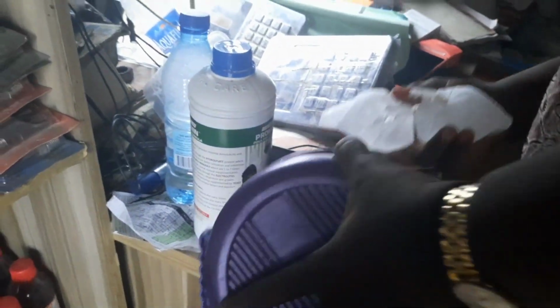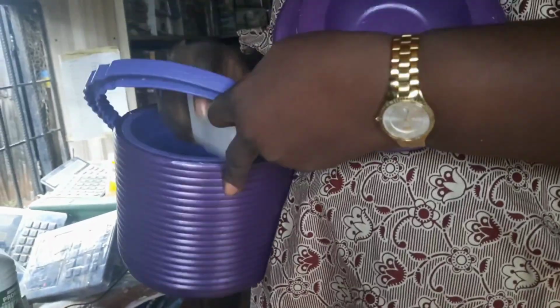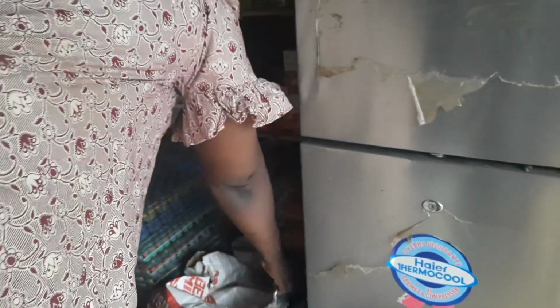So anyway, like I said, you see the fridge is filled with ice block. So the first thing she's doing is of course opening the cooler I brought, the food flask I came there with, and putting some ice block in it. Just look through, just watch the process. She put some ice block in the cooler. Then now she's going to bring out the